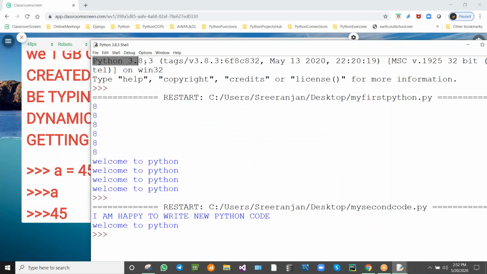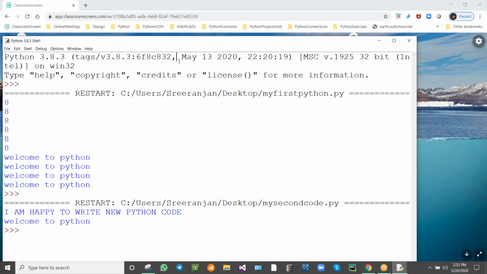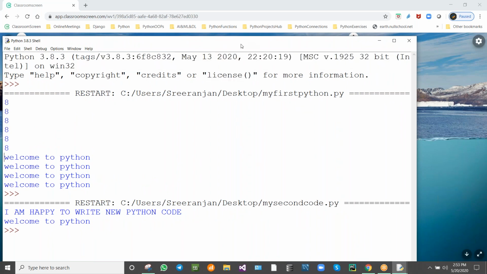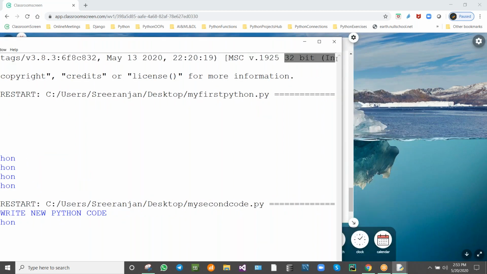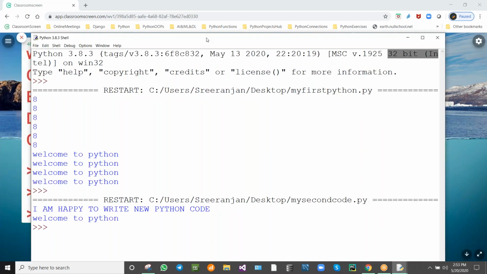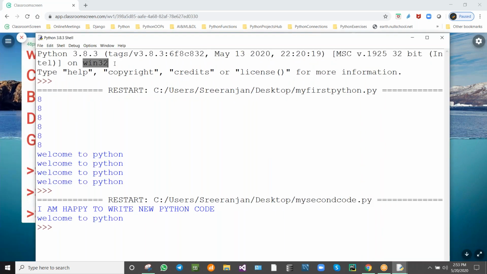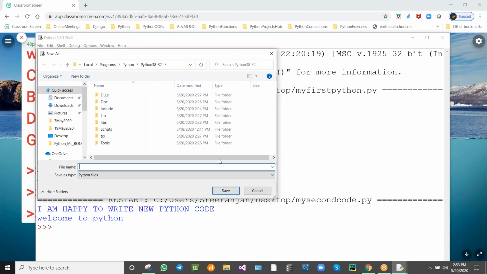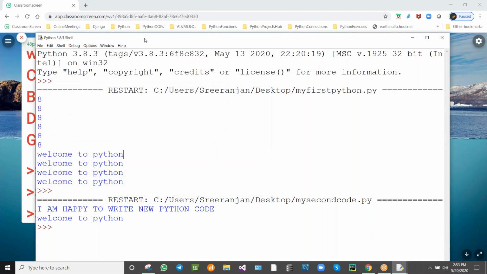The latest Python version you can see here. The tag numbers you can see here. The version release time and date we can see here. And the machine, I mean the hardware we are using, is Intel 32-bit. It is taking a 32-bit Intel processor, and the operating system is Windows 32-bit. So you need to practice these programs, and I'll be attaching these programs too.